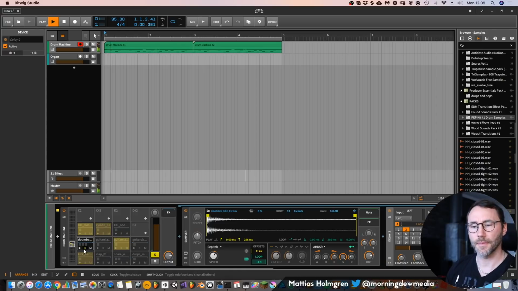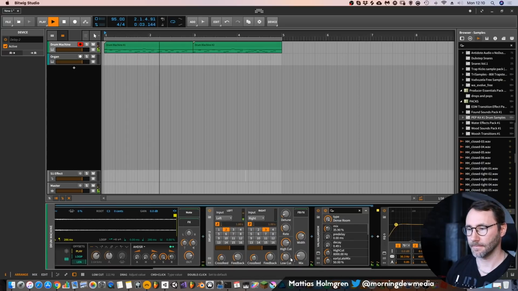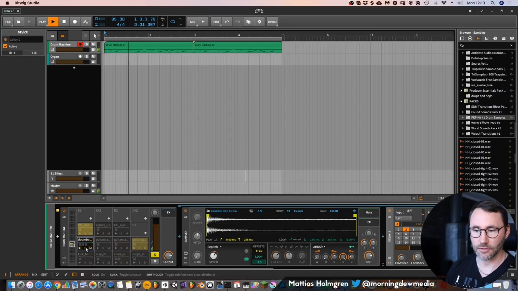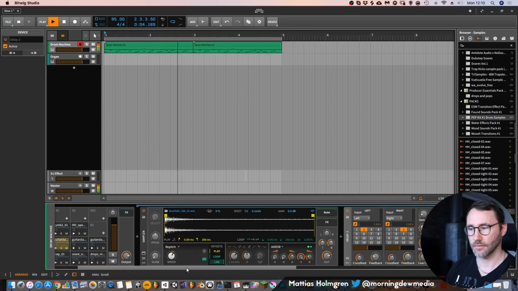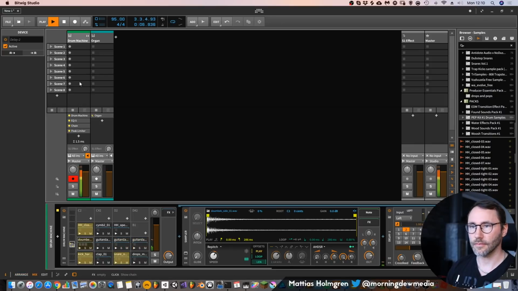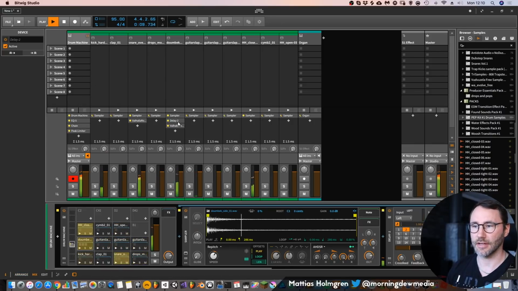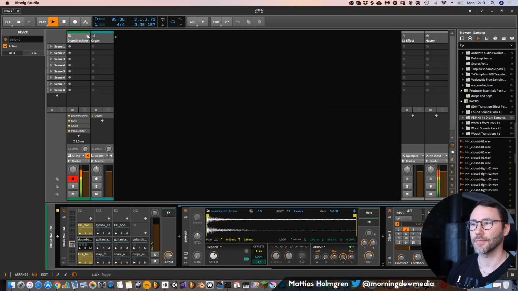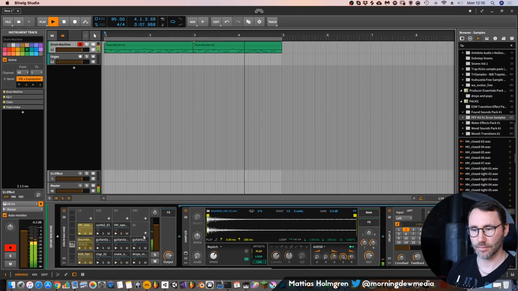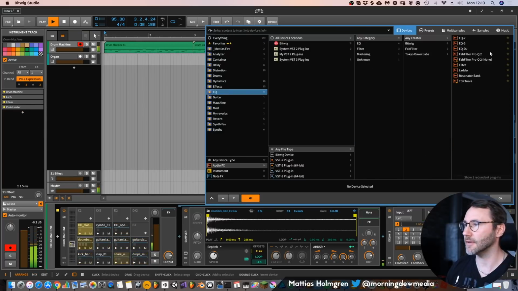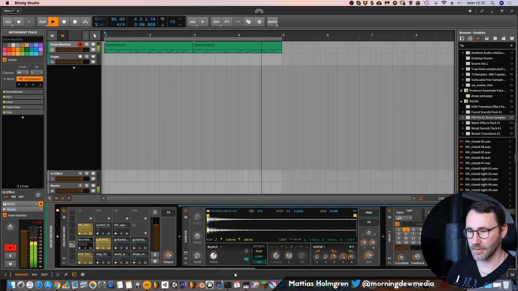You can also solo if you only want to hear one of these drum slots. And let's go to the mixer and see here. Yeah, we have the delay and the room reverb and our master chain for this drum bass. Maybe add a little bit of filter here to the master bass, so we can do some high pass and low pass.